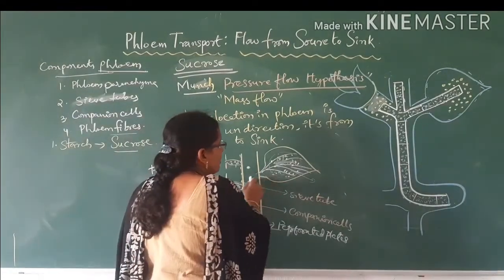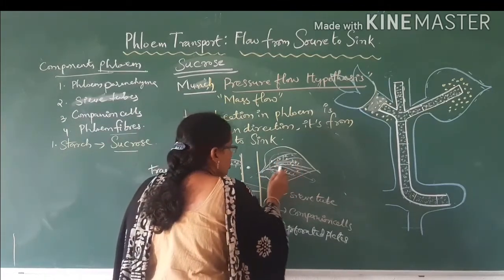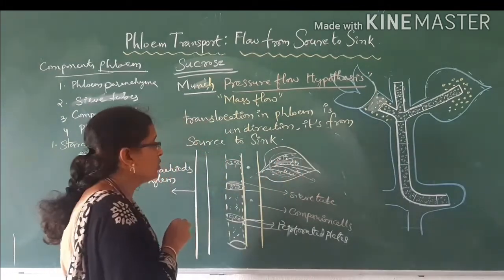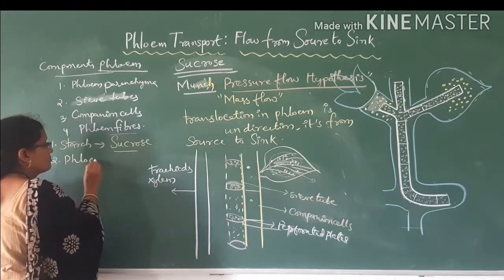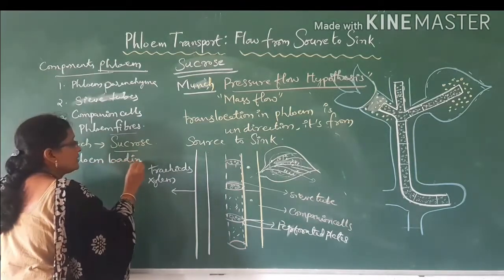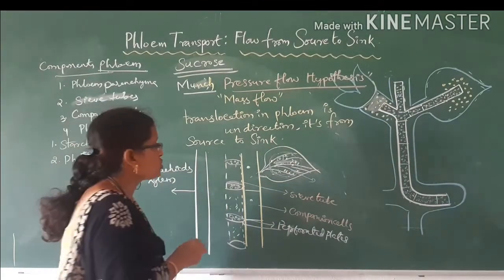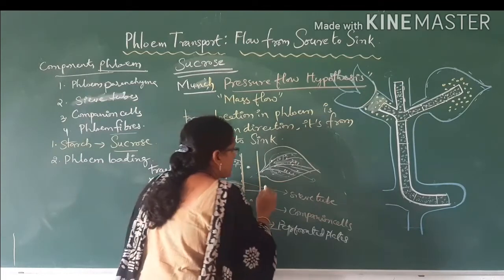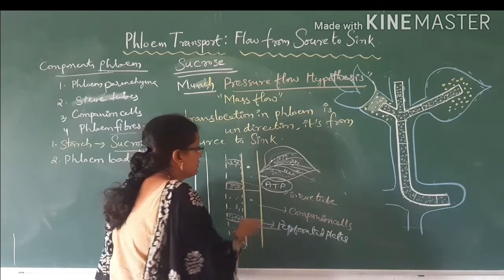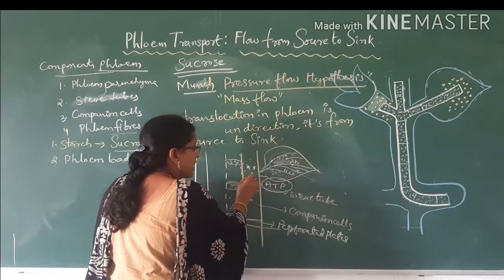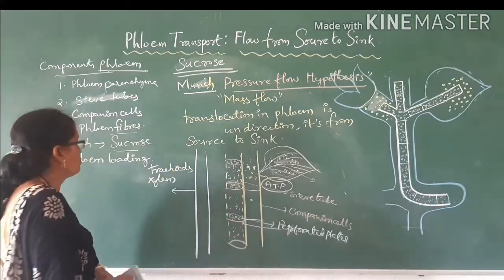So actively they take these sucrose into the phloem. Actively it is taken into the phloem. That is called phloem loading. What is loaded in the phloem? That is sugar solution, sucrose solution. Sucrose solution is going to be loaded. So actively, by spending ATP, these sugars move from companion cells